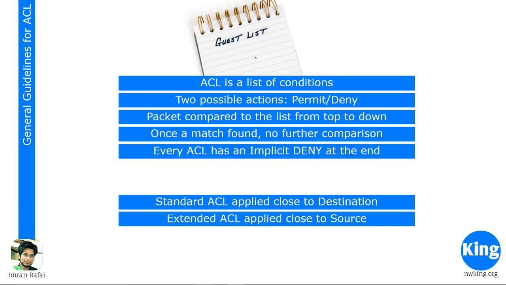Let's have the general guidelines of ACLs. ACL, like I said, is a list of conditions. So it's like the guest list. You write those lists, and once you apply that to either the in interface or the out interface of a router, it is going to look at that list, and if there is a matching condition, it is going to take action, right? So if you write an ACL in your router, and if you don't apply it, it is like creating that list and keeping it in your office. You apply it,